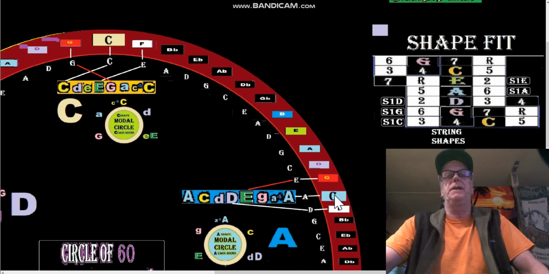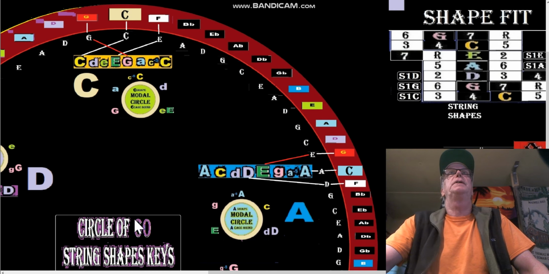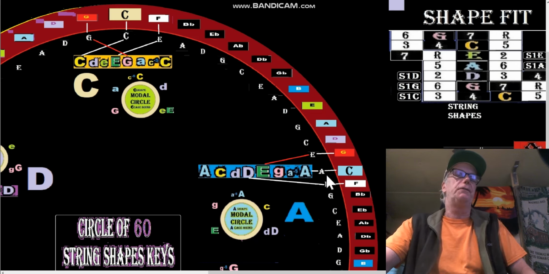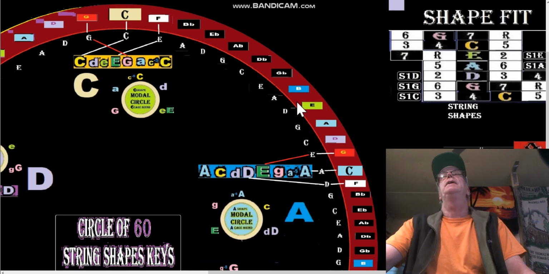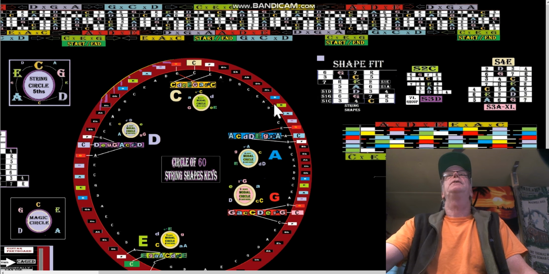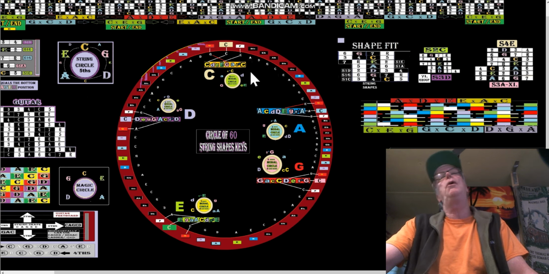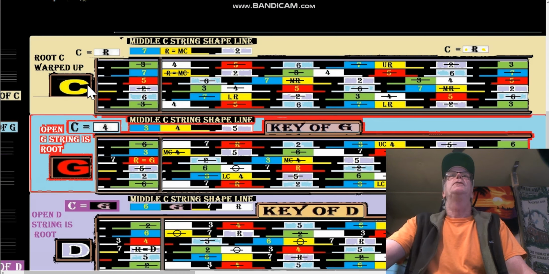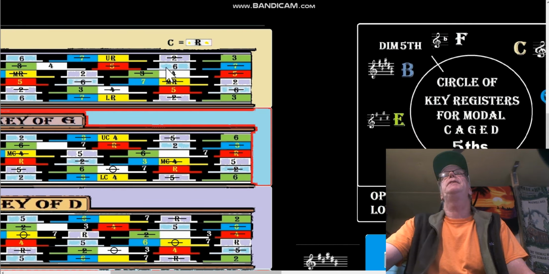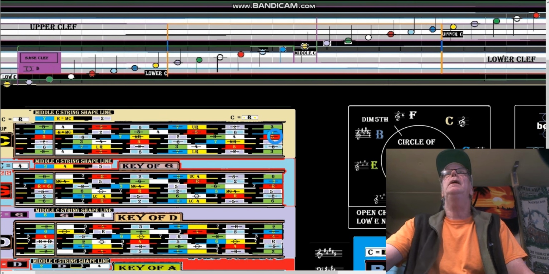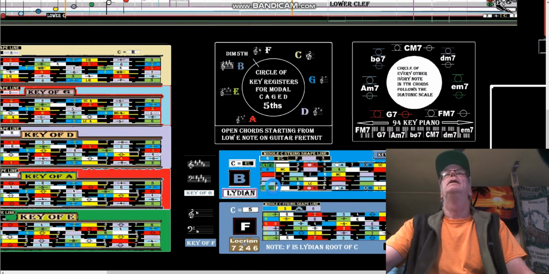We'll be back at the next position. So it takes almost a quarter of the turns of the 6-string shapes keys clock to get just to the A shape, but it's less than a quarter, it's a fifth. Okay, so I'm just showing you that so you can see that we can access all of the keys with this same system. So here we're looking at the system, and I even added to this our